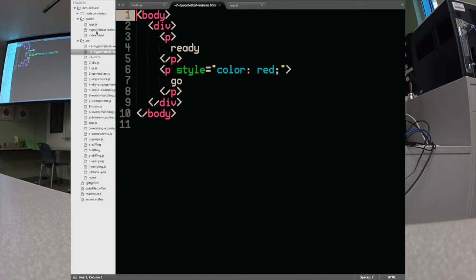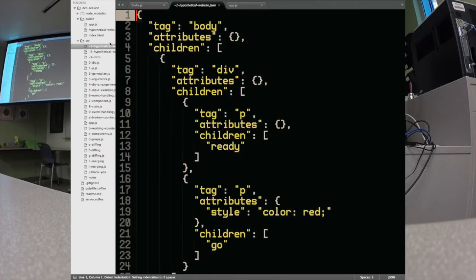Yeah. So here's that same website, but if we wanted to have it in a different format, like if I wrote up that website in JSON. JSON is just another format. We're just talking about objects with properties. It's a little bit wordier, right? Because we actually write tag, and it has the value of body, and tag, value of p. We can make HTML any way we want, and so that's kind of the first step. We're going to just jump into